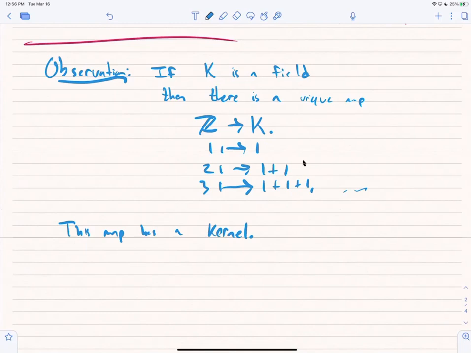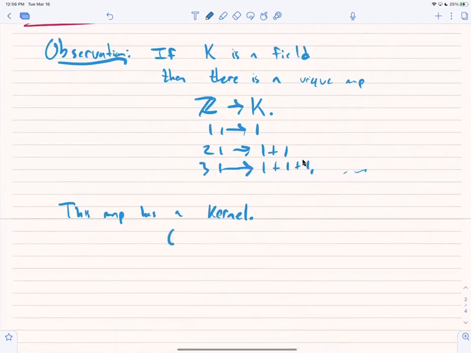Yeah, good. In the chat, someone just wrote the 0 ideal or the ideal P generated by some prime number. Why? Well,